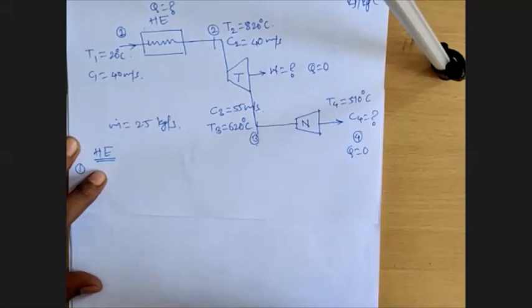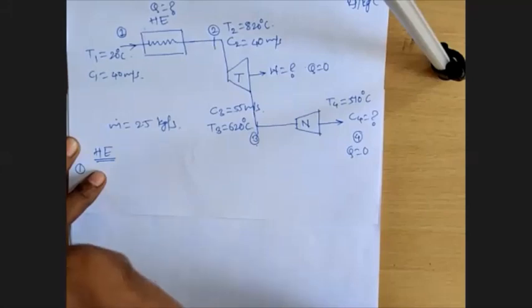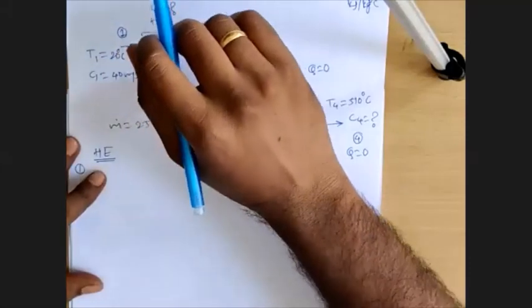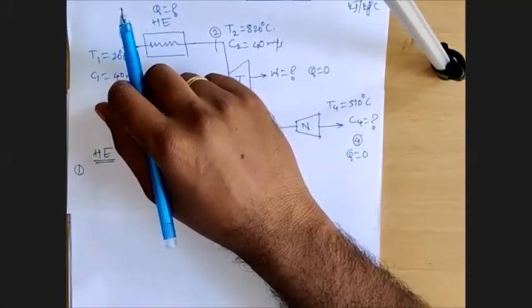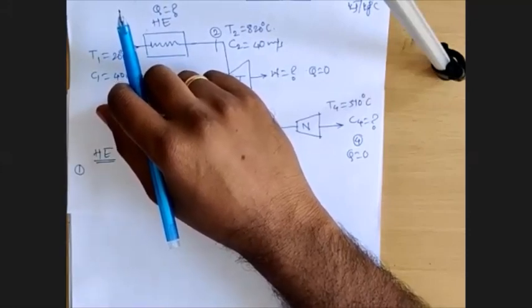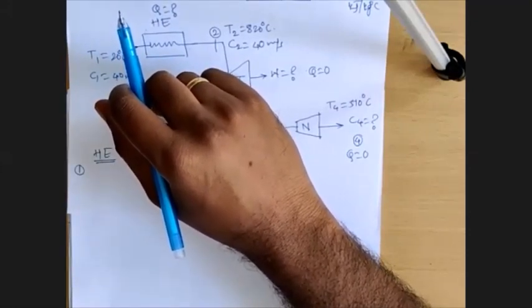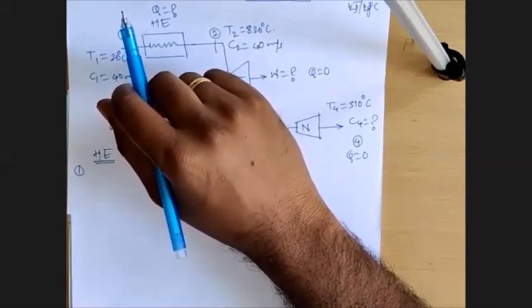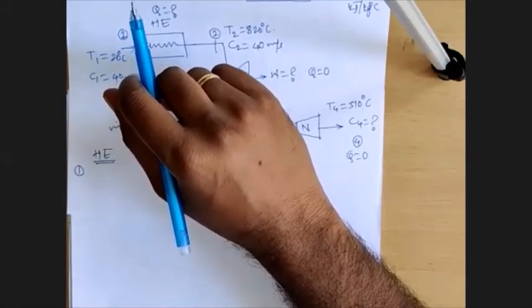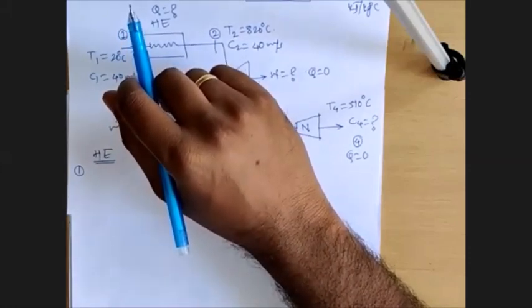Heat exchanger in the sense, either boiler or condenser. Both are examples of heat exchanger. If you are able to recall, while explaining those two devices, I said that both are heat exchangers. The next device is the evaporator also. Yes, evaporator, condenser and boiler, all are examples of heat exchanger. The heat is transferred from one working substance to another working substance, right?